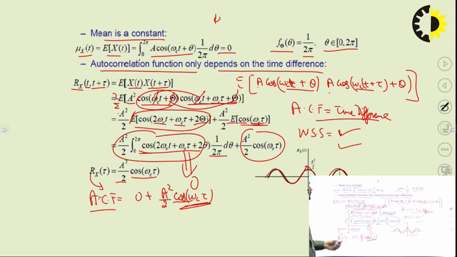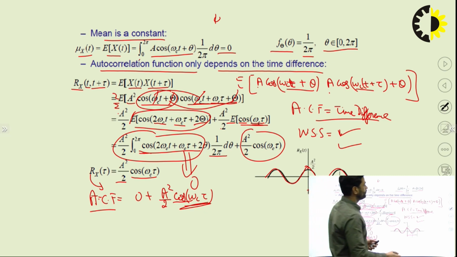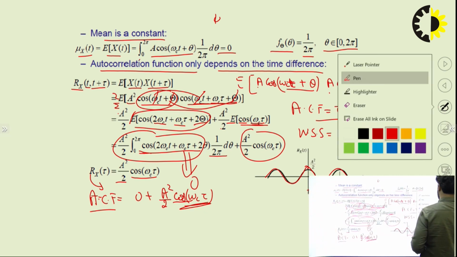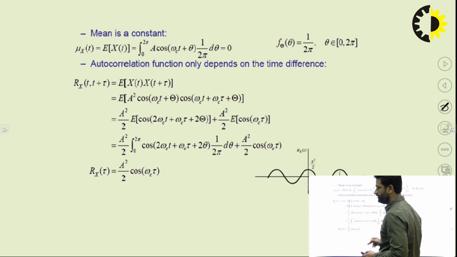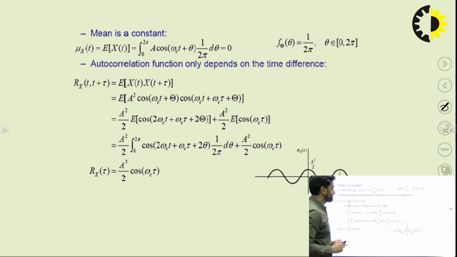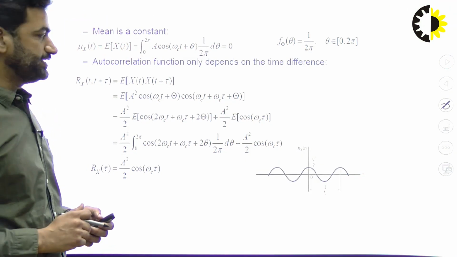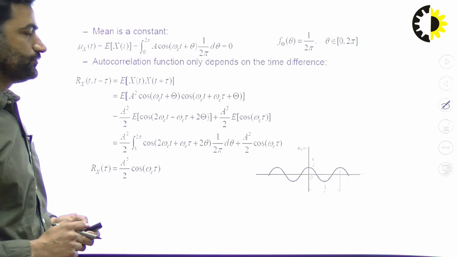That is a very important question from the exam point of view. A process is given and you have to find out whether it's WSS or not. It always comes in the final exam. Right? That's it. So far we have completed our unit 1. This is the last topic, and see you for the next session, unit 2. Thank you.